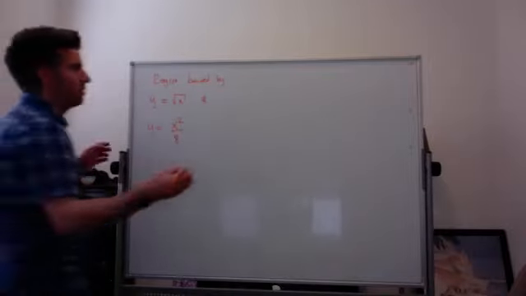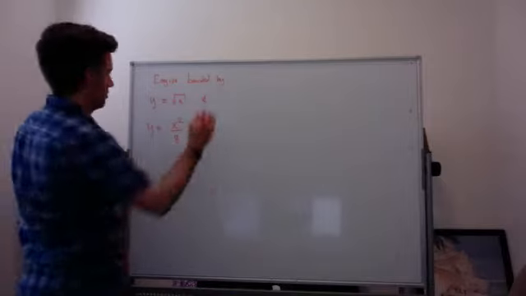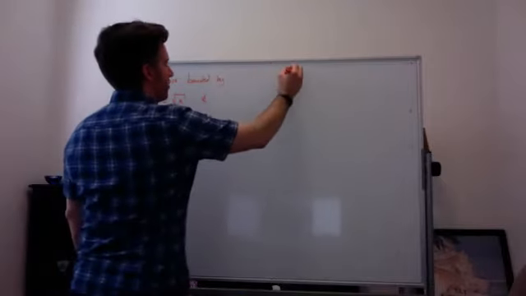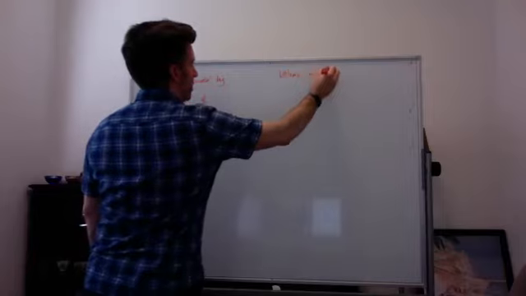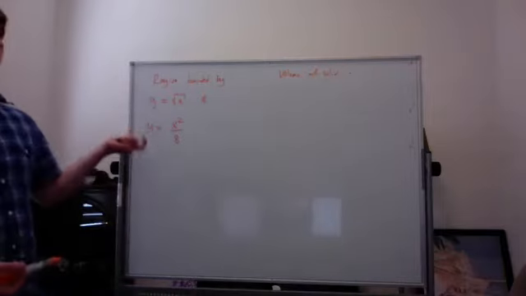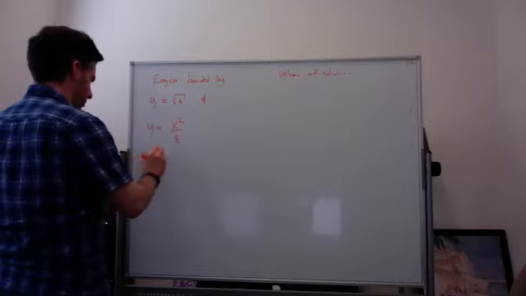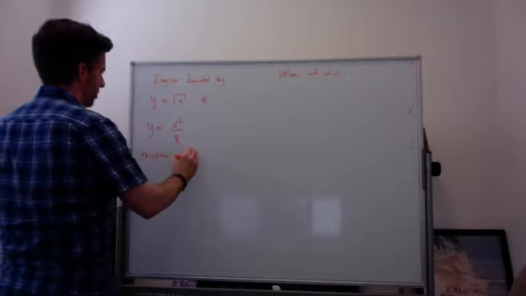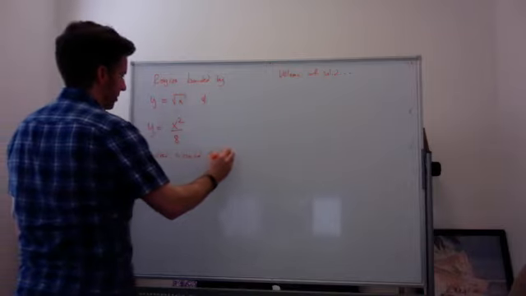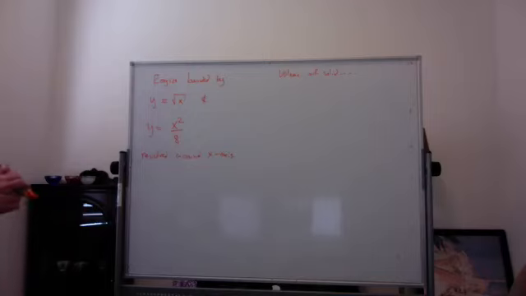So I want to find the volume of the solid obtained by revolving this region around the x-axis. And again, it's pretty necessary to graph this, or at least have a general idea of what the graph